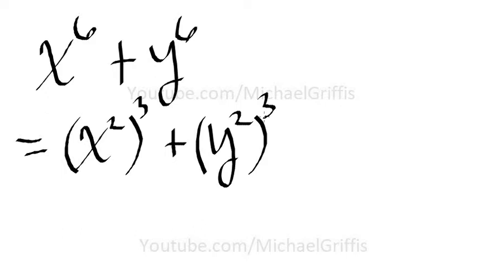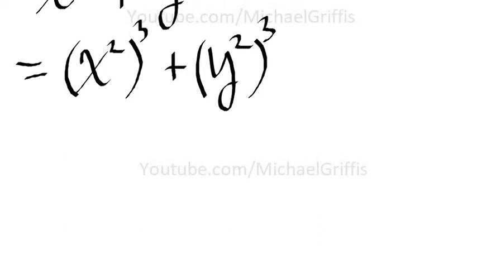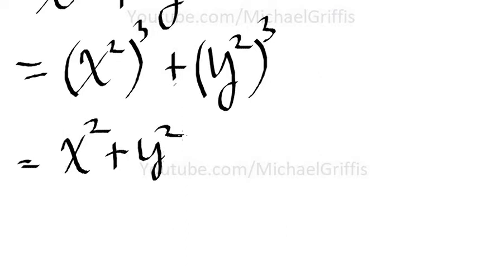So if we were to simplify this, let's look at the x squared raised to the 3rd power. We had a section where we dealt with powers raised to a power, and you would just multiply 2 times 3 and get 6. So you'd have x to the 6th power. But what we now have is a sum of two cubes. So now just stick with the formula. So we're going to write x squared plus y squared